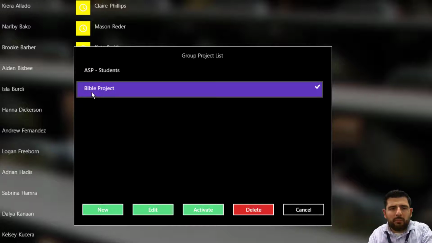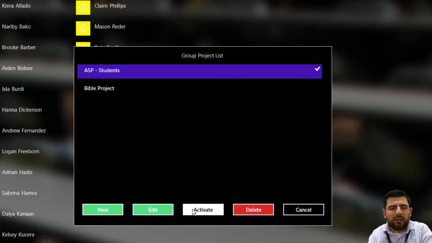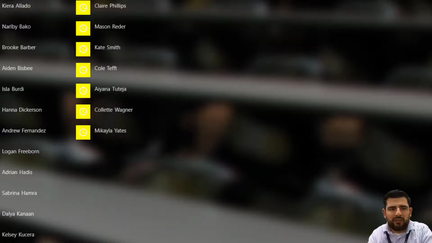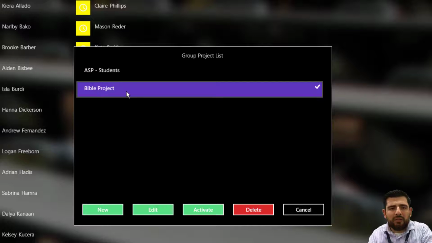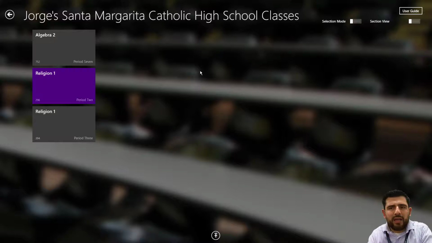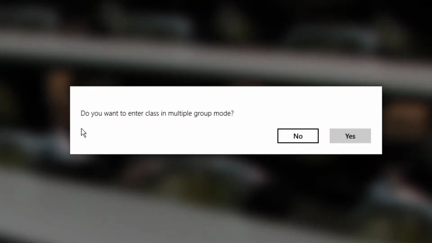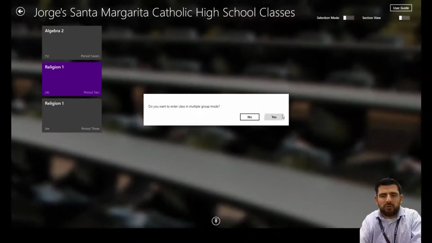In this case, Bible Project has a check mark to it, which means that's what's activated. I could just click on the top one and now click activate, and now that group is activated. But for the sake of this video, I'm going to leave it on Bible Project and click activate. So now, if I go back again, I'm back in selection mode, which is a default mode, and I'm ready to start my class. So I'm going to click on my period 2 class, and ClassPolicy wants to know, do you want to use your multiple groups? I'm going to click on yes. If I click no, ClassPolicy will just start as usual. So I'm going to click yes,